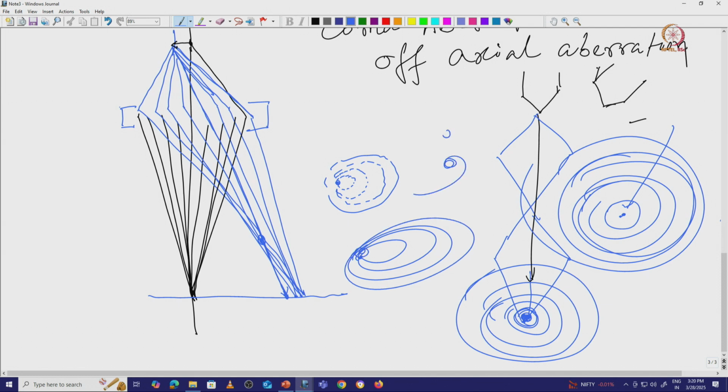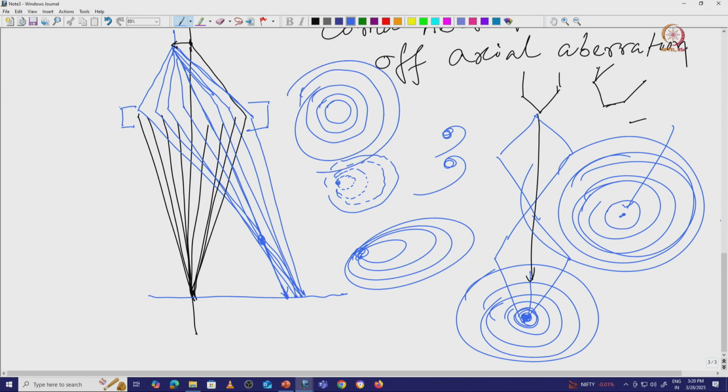So how does this coma look like? Coma is basically an aberration which is going to affect our images. It is going to lose the signal, and our beam sometimes looks a different shape or elliptical. When we talk about the signal, if we see the power spectrum, there is a very bright spot at the center, and then there will be minima and maxima. If we consider this blue as the brightest spot, there will be maxima and minima, and it will be a very circular ring.